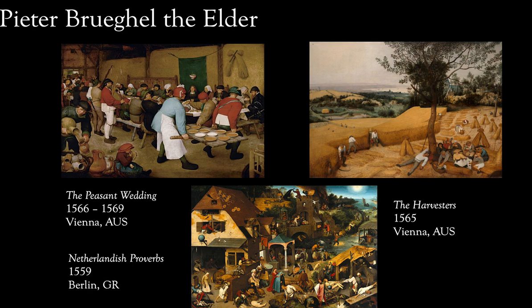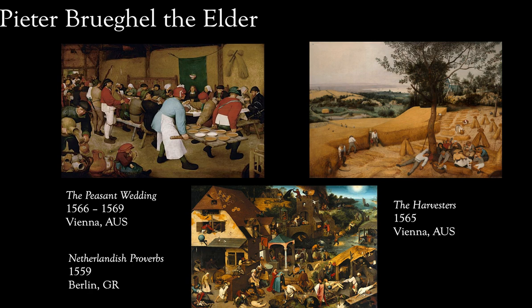On the right, we have a painting called The Harvesters. Again, this is depicting peasant life. Not a very glamorous moment of peasant life, though, because these are peasants taking a break during the harvest, right? And this is a good example of combining a landscape painting with some elements of humanism, because you can see the expansive landscape in the background of the painting, but in the foreground, there's still a group of peasants lounging around, taking a break from the hard work of the harvest.